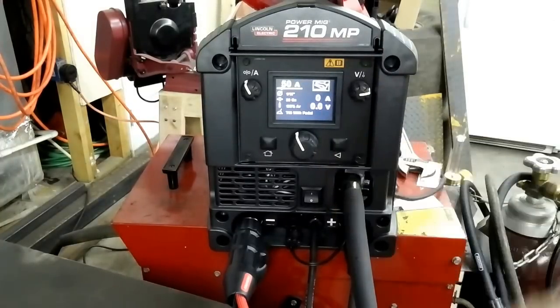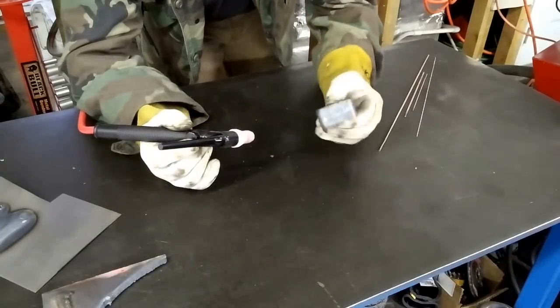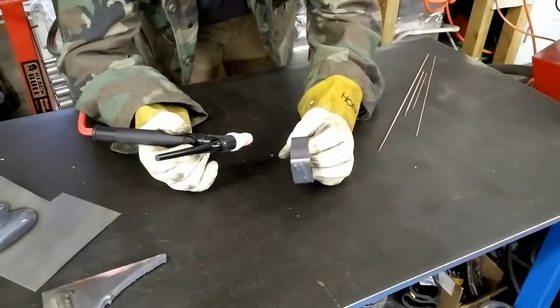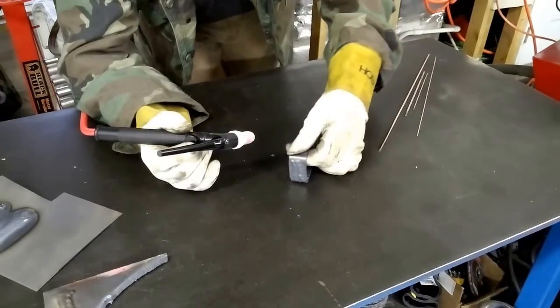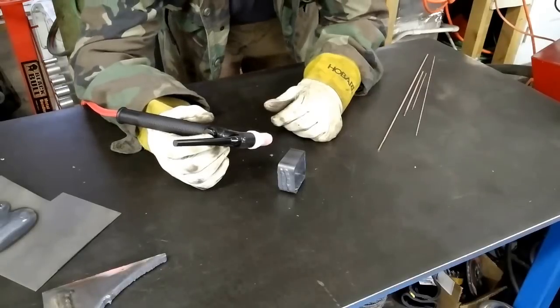I'm going to pause just for a second and bring you right back, and let's try and strike an arc. Okay, so here we are. I've got a little piece of metal here. Some of you may recognize this from the Eastwood TIG welder video. This is what I ran a few beads on. We're just going to make sure everything works, and then we'll do